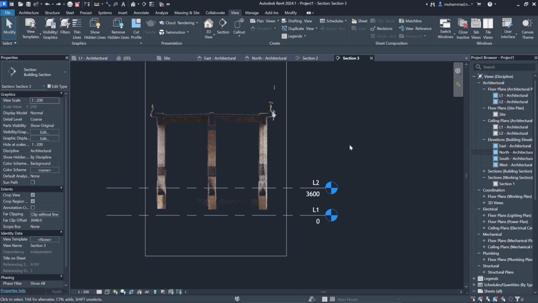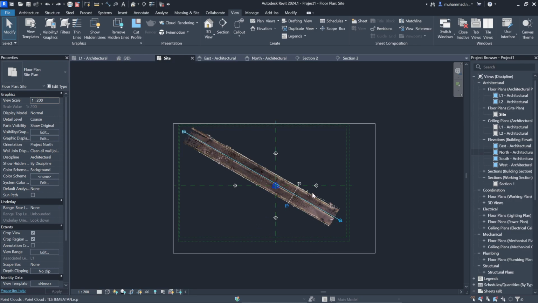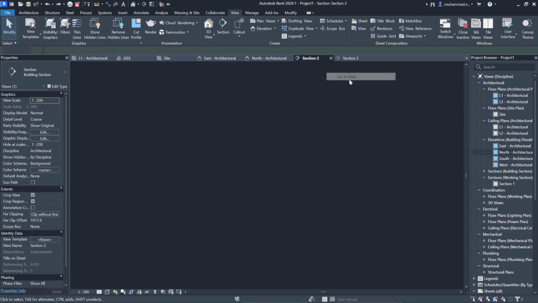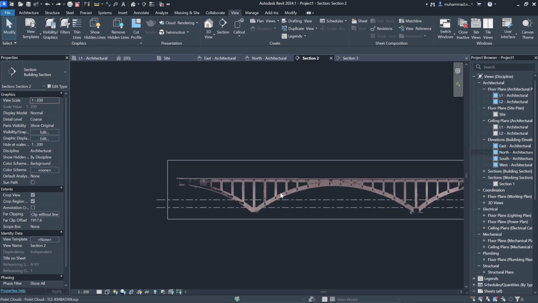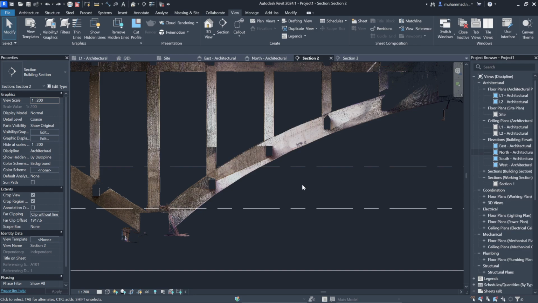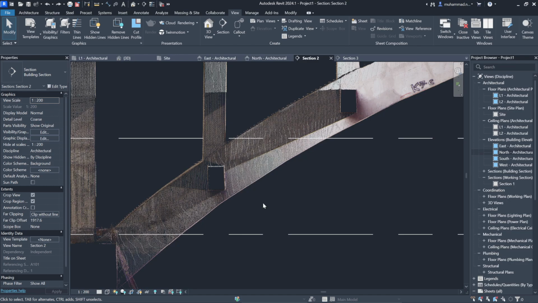So the next thing we will do, after preparing the dimension and the bounding box, is setting up the level. The level is the important thing, because the level is where the column or the beam or any structural item you put into the bottom or into the upper of the level.